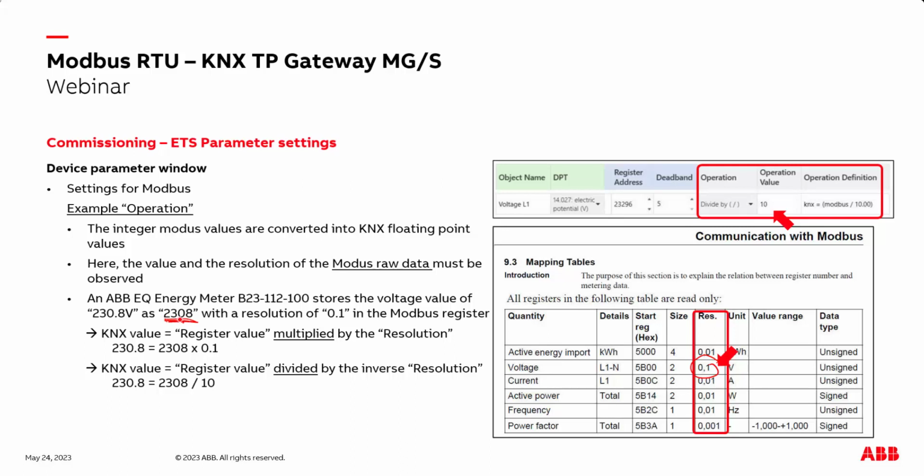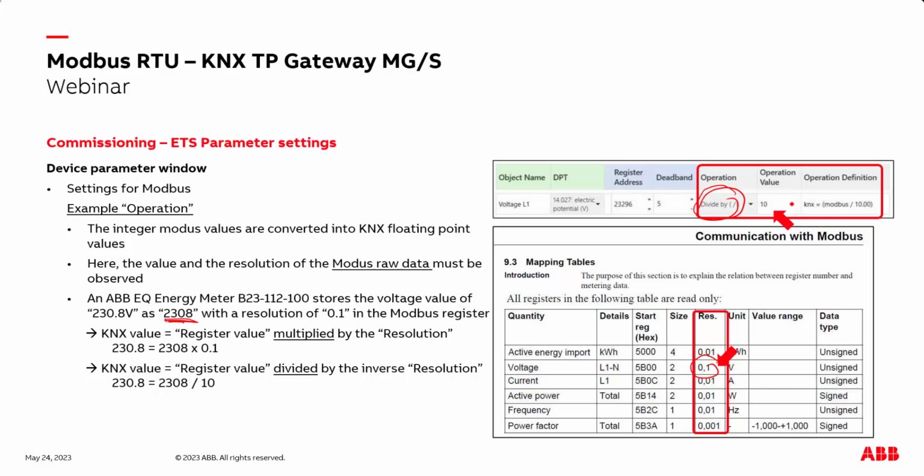What we have to do is define a calculation: operation divide this Modbus raw value of 2308 by 10. This is divided by the inverse resolution. The resolution is 0.1, and the inverse resolution is then 10. So I take my value of 2308 and divide it by 10, and then I have on KNX